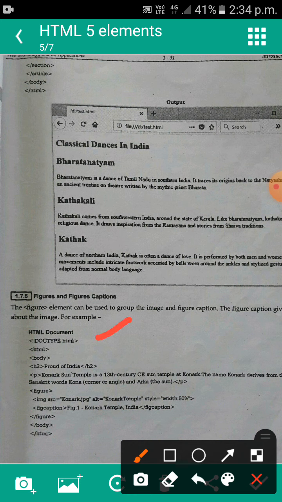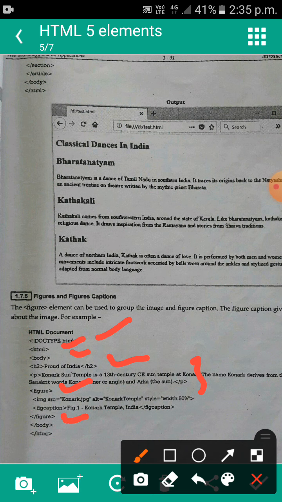So let's see the demonstration of the figure tag in our program. Here we have to specify the document type, HTML tag, body tag, then heading. Within the heading, "Proud of India", and we are giving some information about India's temple, that is the Konark Sun Temple. Then next we are using the figure tag.